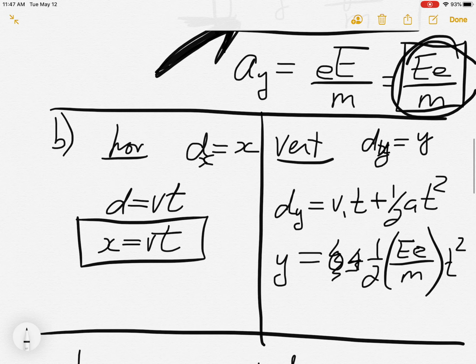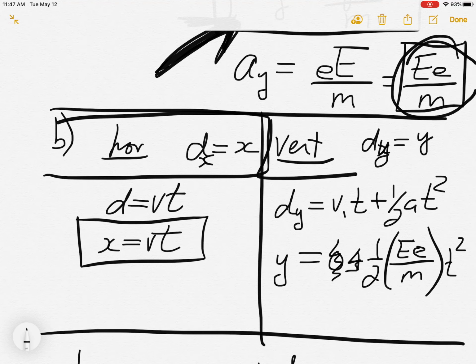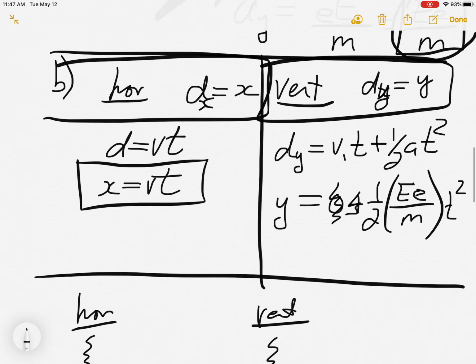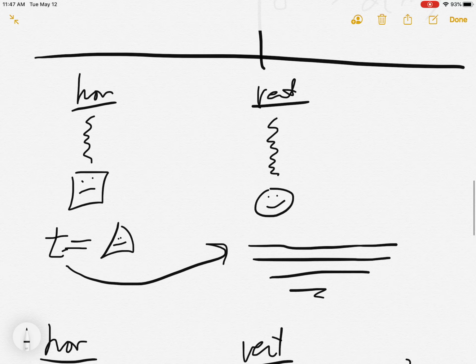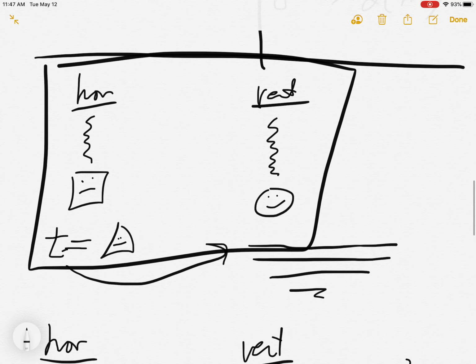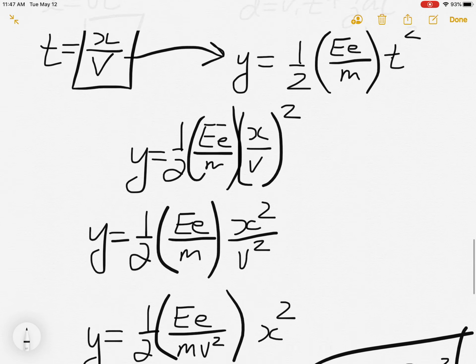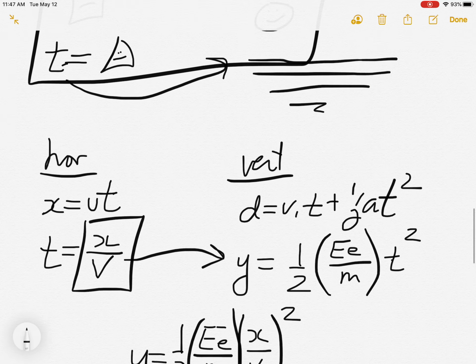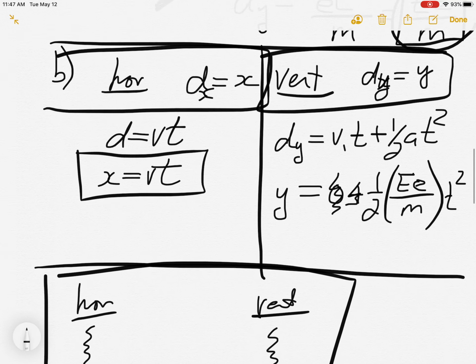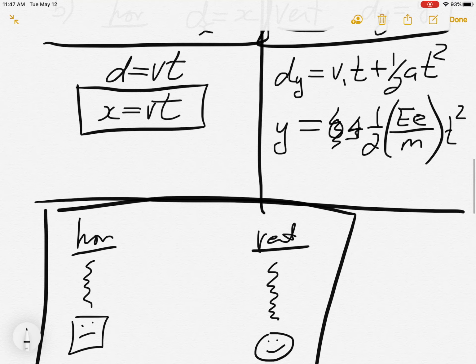But if you look at the general skeletal outline, we did nothing different. We did F net X, F net Y, and we figured them out, right? We didn't do anything different than we normally would. And then we did projectiles, horizontal, vertical expressions, just like we did in grade 11. And then we did this, which is basically dealing with the two equations together to get to here. So we did nothing beyond what we've already learned. It just looked strange because it was all letters and